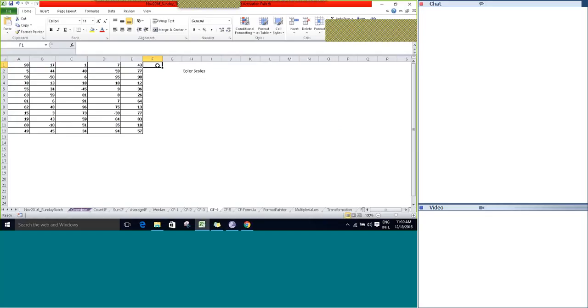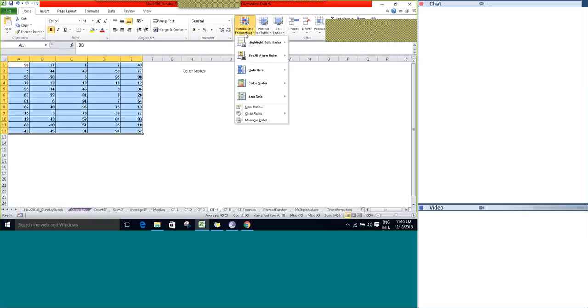That is going to be color scales. To understand the concept of color scales, we'll select the entire range here in conditional formatting type 4. So we have discussed the first three types. Let's go to the fourth type of conditional formatting. That is going to be the color scales. So in this particular concept of color scales,